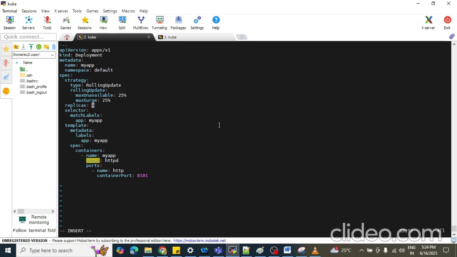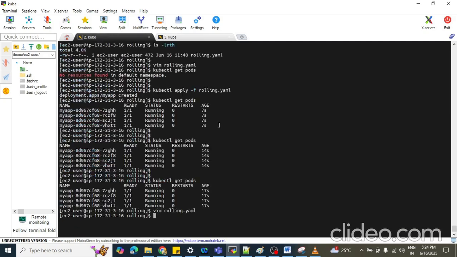Let me put 20 replicas. So this is your version 2 that we are going to replace version 1 with, with the help of the rolling update strategy. kubectl apply -f rolling updates.